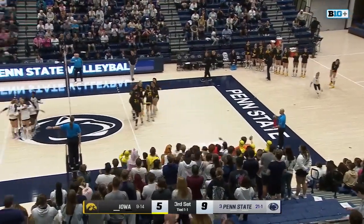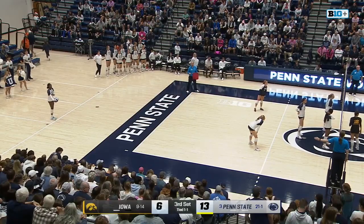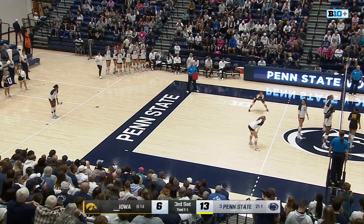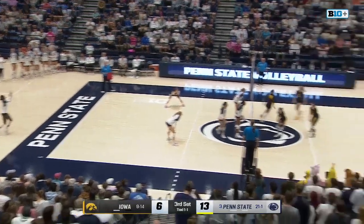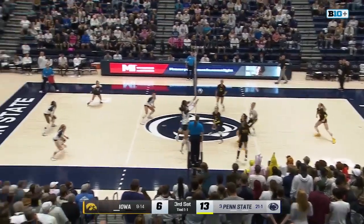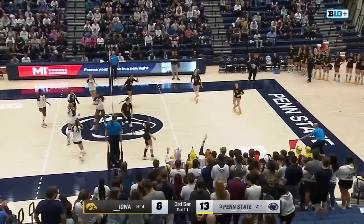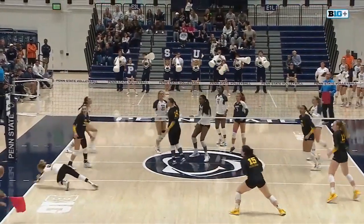Taylor Trammell. Yeah, Izzy Stark hit Trammell right in stride. Here for the contest. Just another massive swing by Hannah to be able to get that one through the block that's been so powerful tonight for Iowa. Hannah has been an impressive force on this Penn State team. She's gotten a lot of kills with pretty high efficiency as of late for these Nittany Lions. Taylor Trammell. Iowa defense just can't keep up with the speed there on the